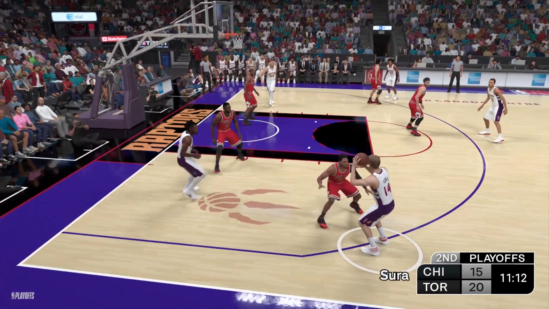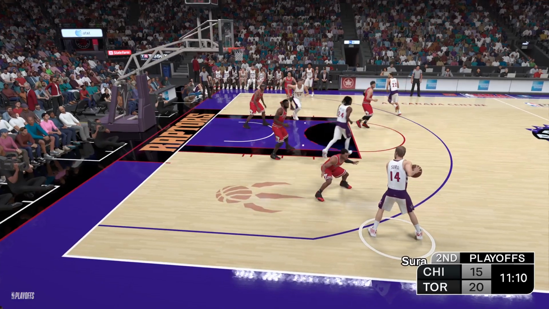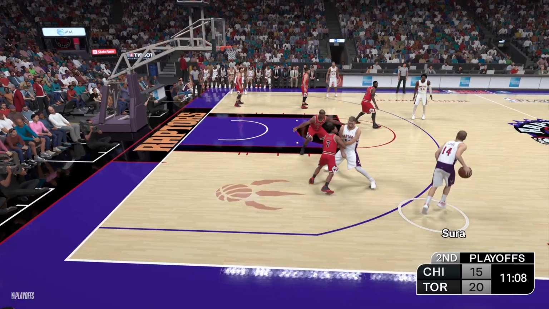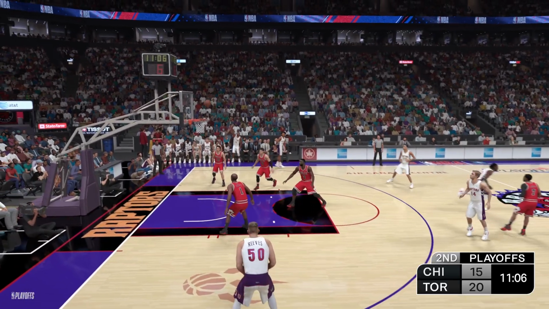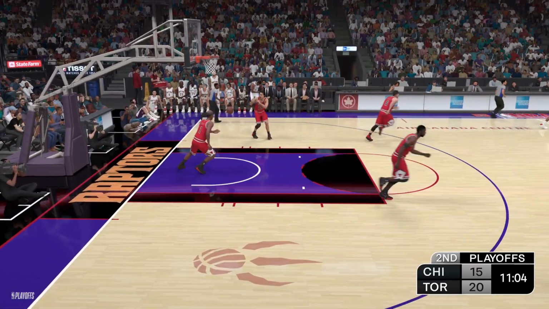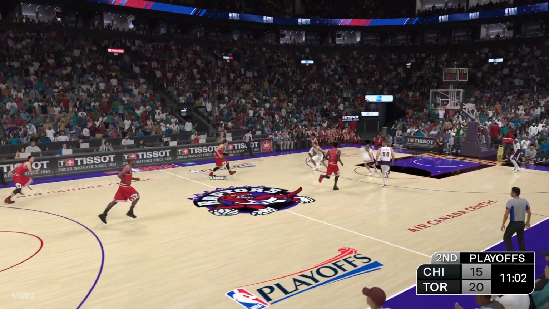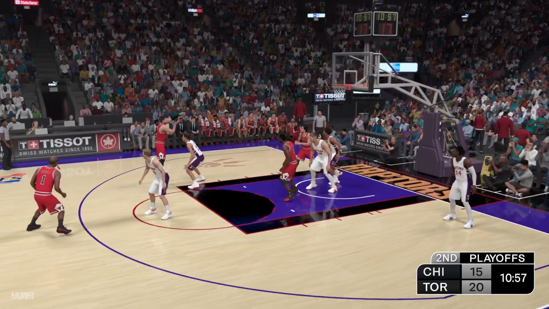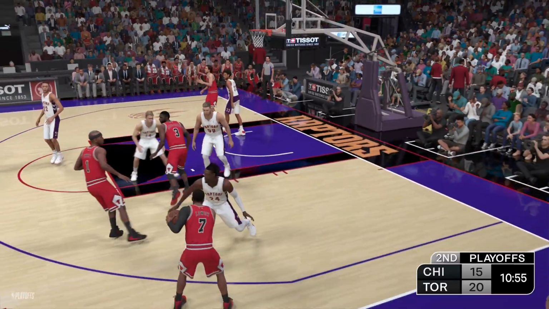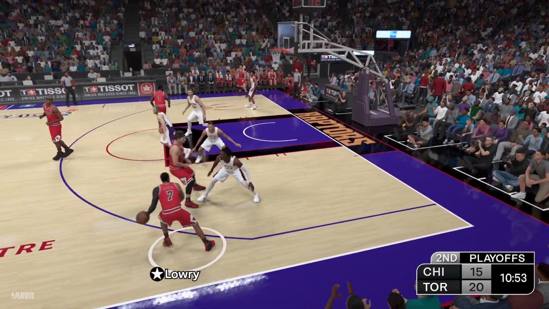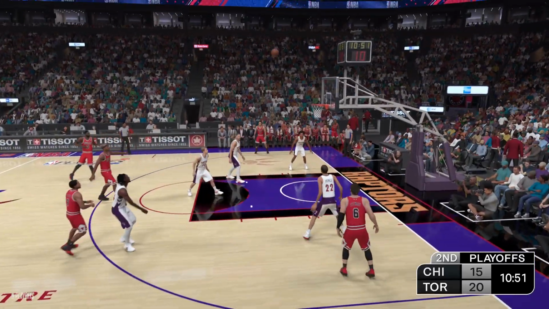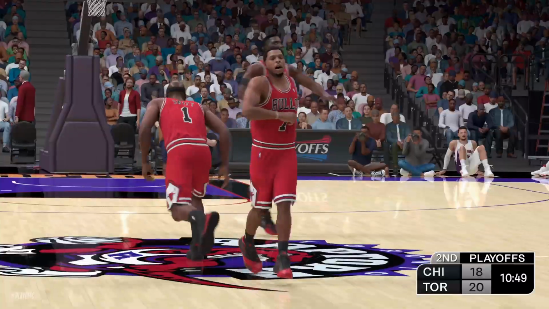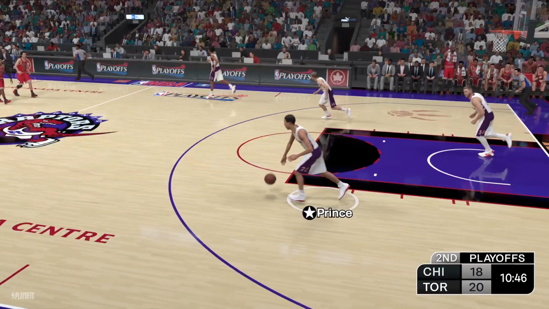Here's Sura. Fades and shoots. Swift grabs the miss. And you don't want to give up that kind of look too often. Stewart passes to Vujacic. Stewart with the screen on Wallace. Lowry, good. I think that's a key for his offense. I mean, they want to continue.